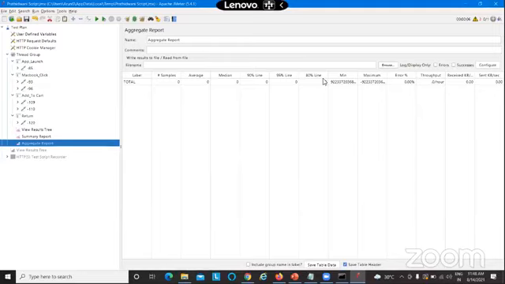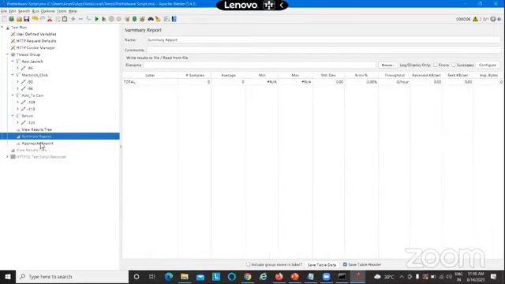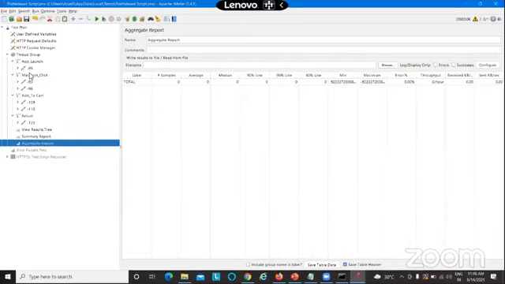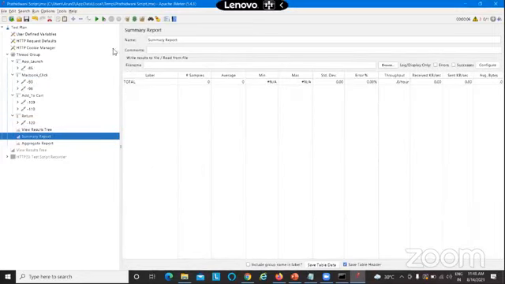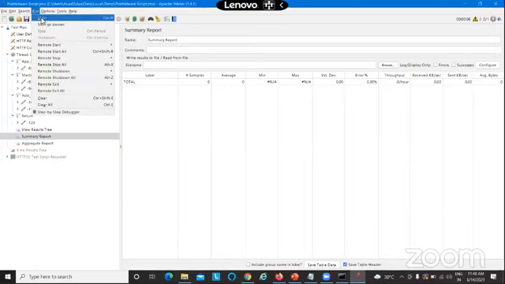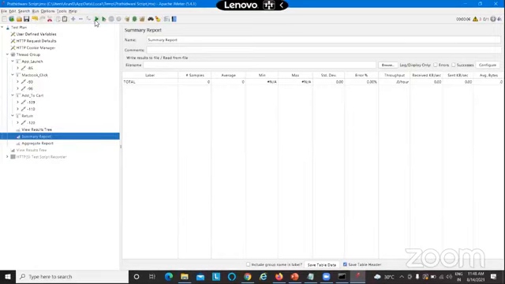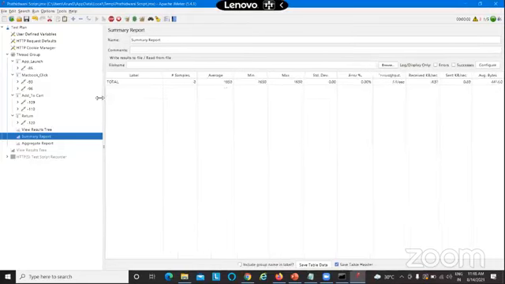So, okay. So this is the aggregate report. So we have two reports in place, and now let's run the script and let's see how the results are coming up. So as I showed, there are two options. You can directly come here and you can start your test, and here also you can start your test. So I'm going to start my test, and let's see how this is happening.